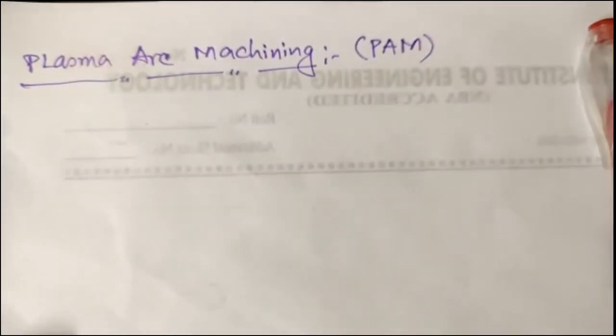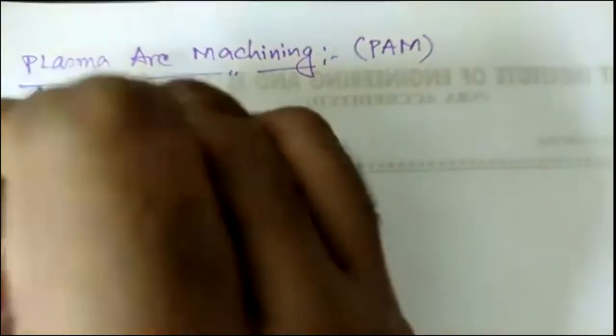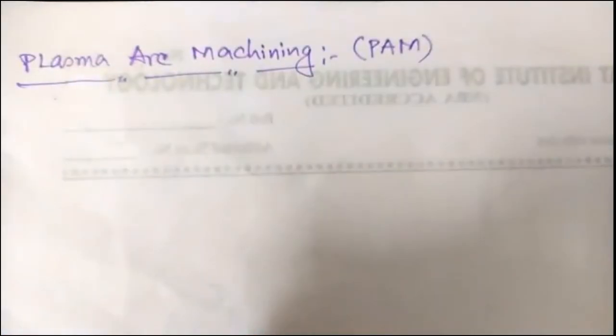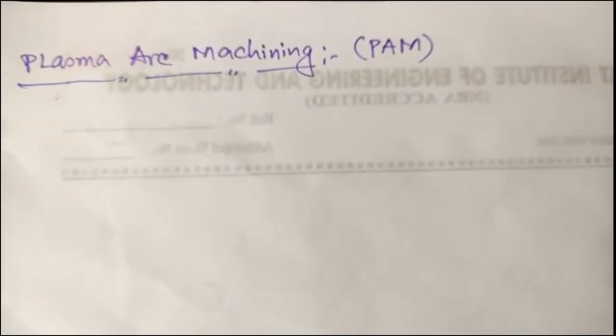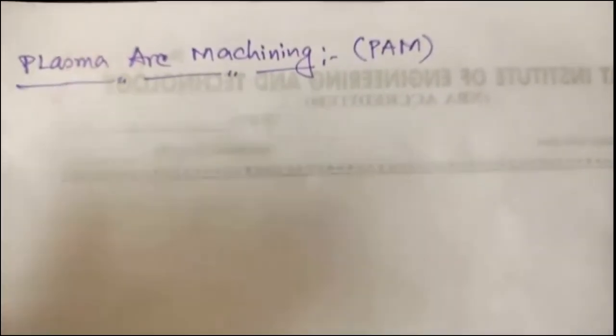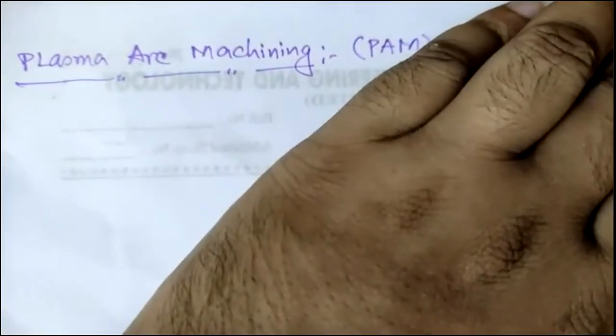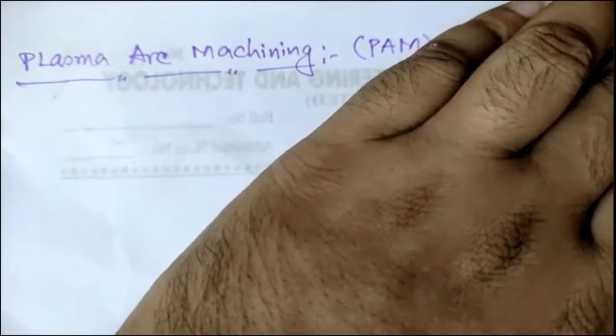All right. So in the last class already, I have said that plasma arc machining is something where we have to generate, or develop, plasma, and then we have to create an arc. The arc can be transferred as well as non-transferred. So two types of arcs we can have,